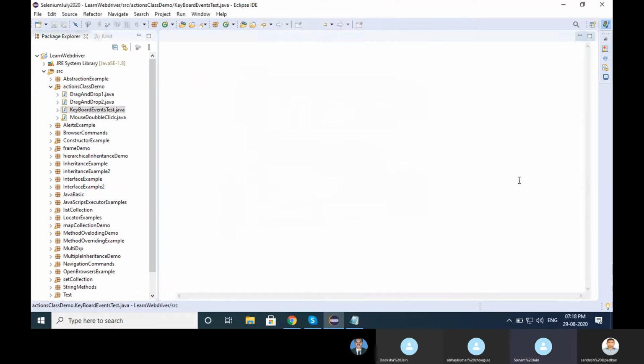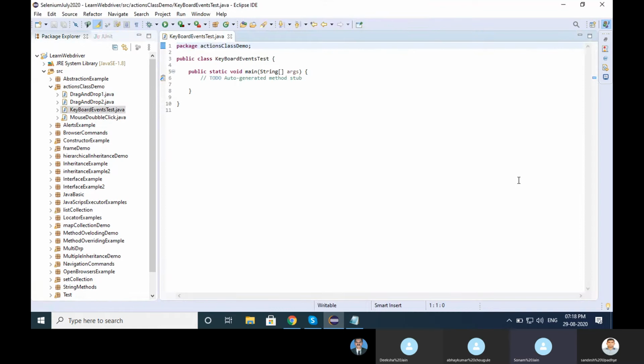So in that program, we are learning how to copy and paste with the keyboard. Here what we are learning is that Selenium has provided an inbuilt action class. So in that situation, if you want to pass copy paste or any multiple keys, how can you pass them? For that purpose, Selenium has provided inbuilt functionality. We are looking into how we can use and incorporate that functionality in our programming.